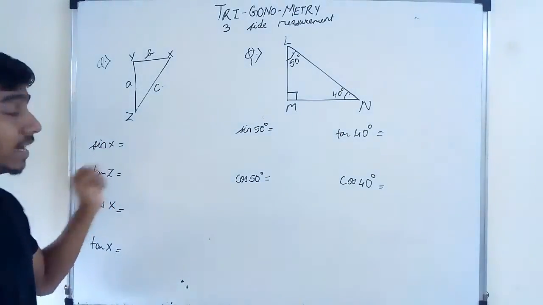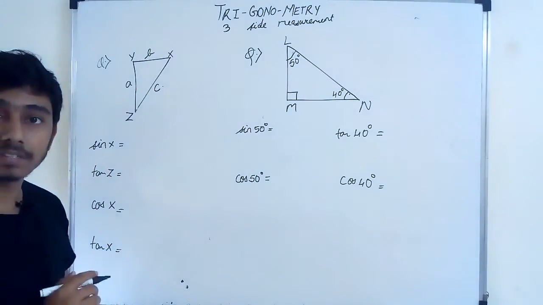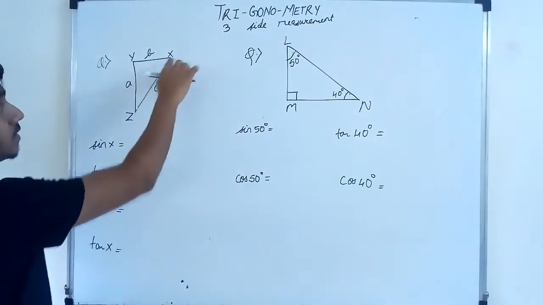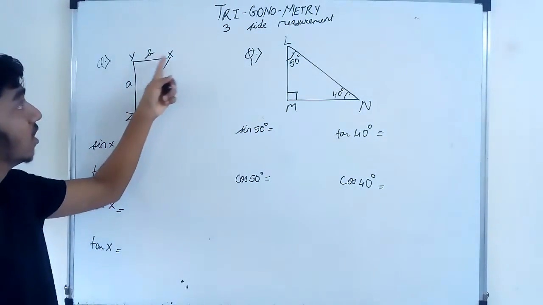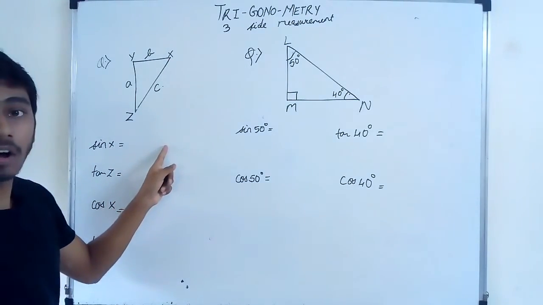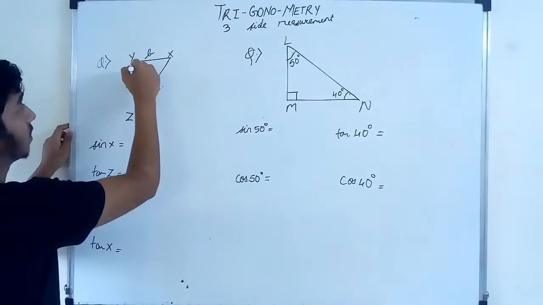Okay, so what is sine? You know that sine is what? Opposite side upon hypotenuse. So sine of x will be opposite side. This is x. Opposite side of x, x is this angle. So opposite side of angle x upon hypotenuse. Now if you see,